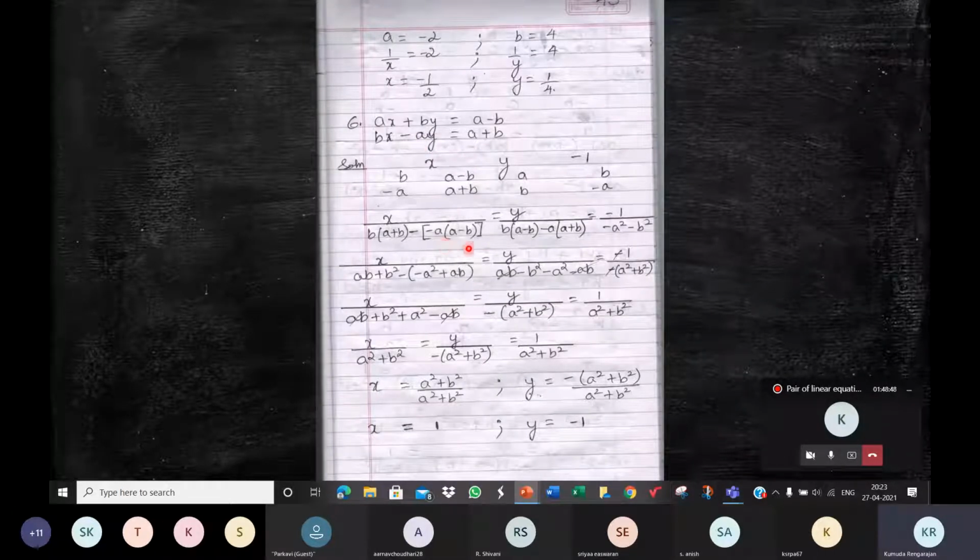All right. So it's very simple, just that we have to be careful with the signs. If we go wrong somewhere, we miss a minus sign, then we may not get an answer which looks good like this. We are happy when we get x is 1, y is minus 1.